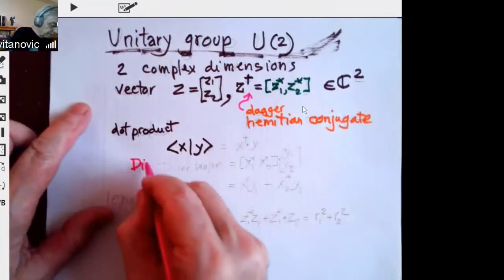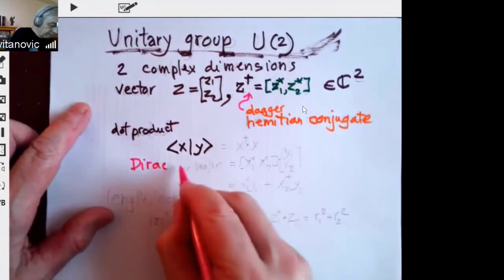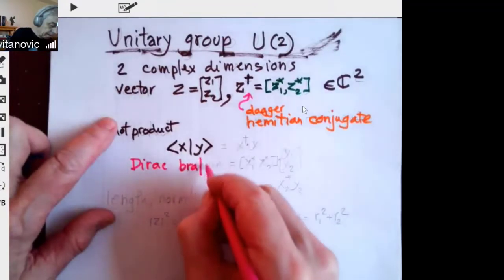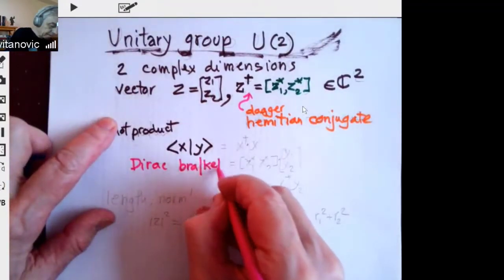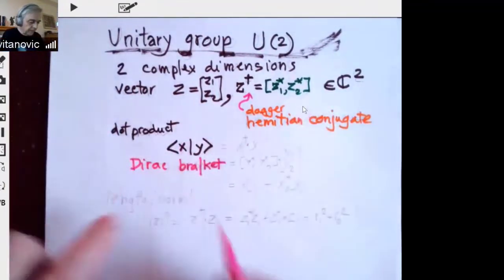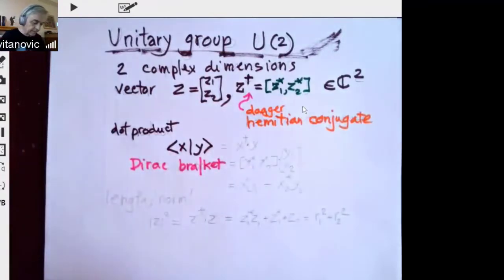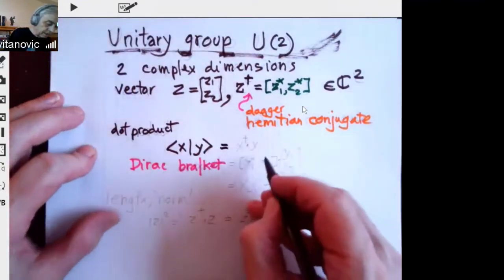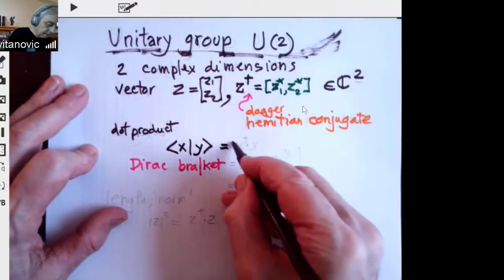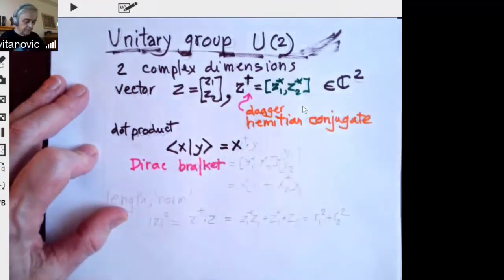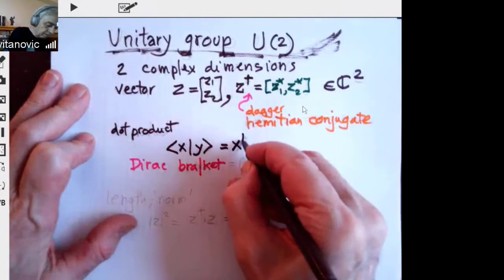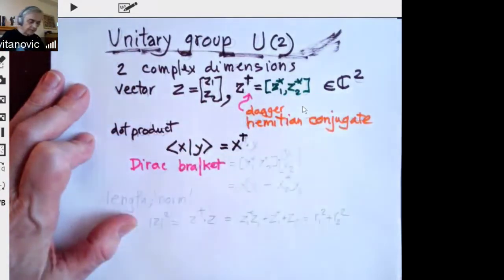So this is called Dirac bra, and then ket, just a way of writing a bracket, putting things in a bracket. If you don't like that notation, you can use usual vector notation. So you take a vector x with two complex components, you transpose it and complex conjugate, and then you write